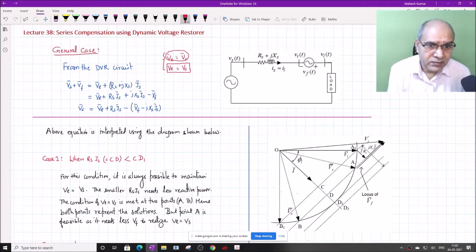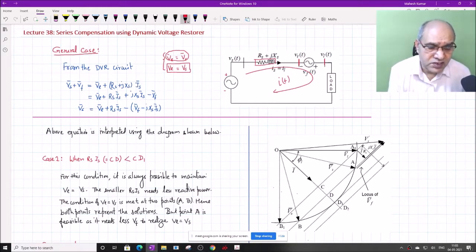Now this same diagram is the most fundamental diagram. We always refer to it. This is the source voltage, then we have Rs and jXs, the feeder impedance, and then there is a terminal bus Bt. Then there is a DVR voltage, which is injected here with minus-plus polarity, and this is the load bus BL. The current flows from source to load in this direction in a loop. This is It, which is the same as Is or IL.